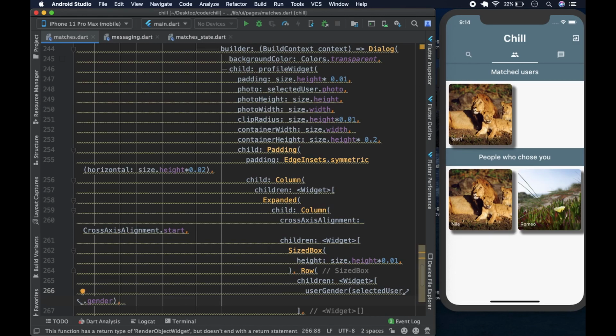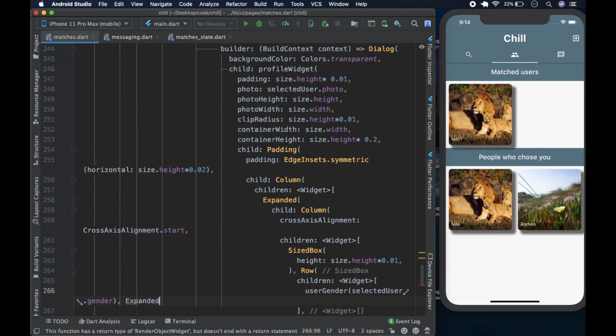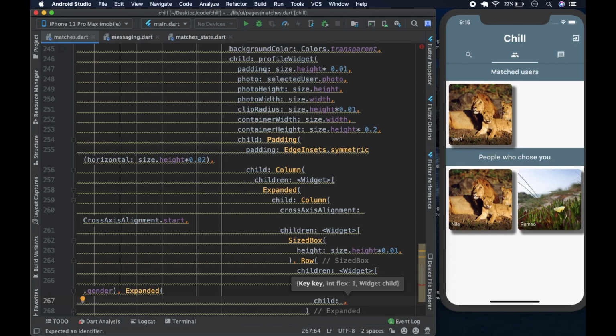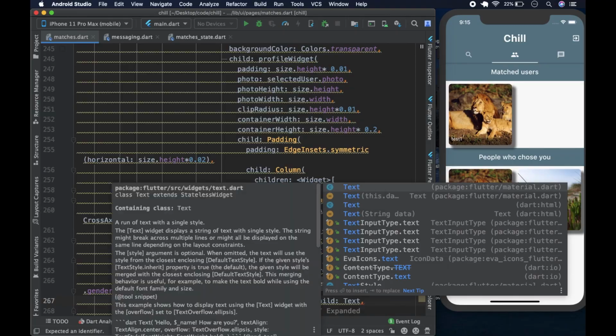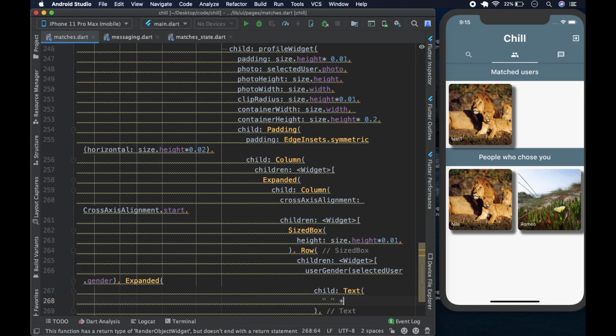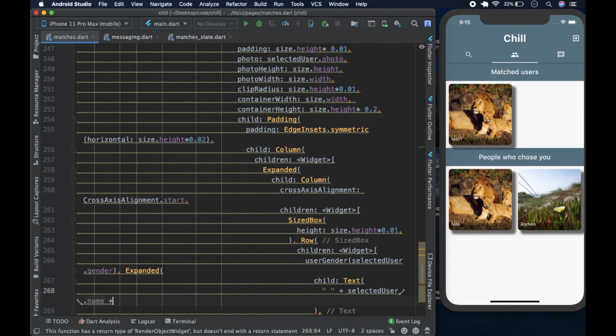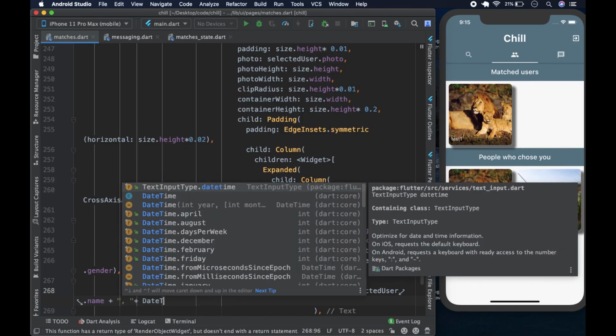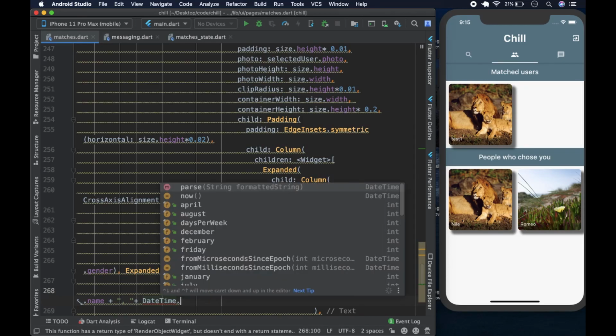And after that, we're going to have an expanded, and the expanded is going to have a child. The child is going to be text, and the text is going to start off with a space, and then we're going to concatenate the selected user dot name, and then we're going to concatenate their age basically. We're going to take this and give it a comma, give it a space, and concatenate datetime dot now,